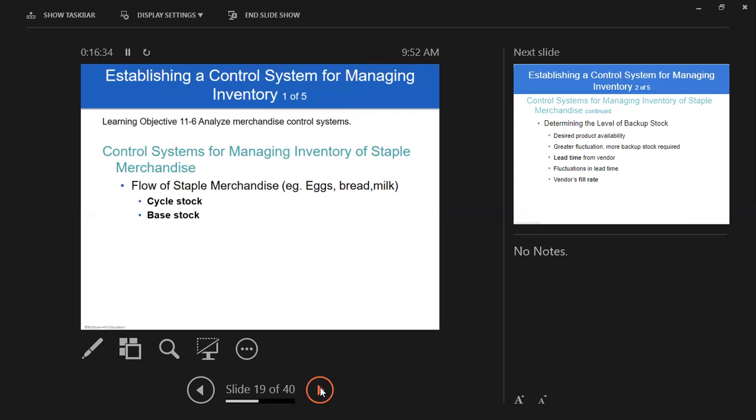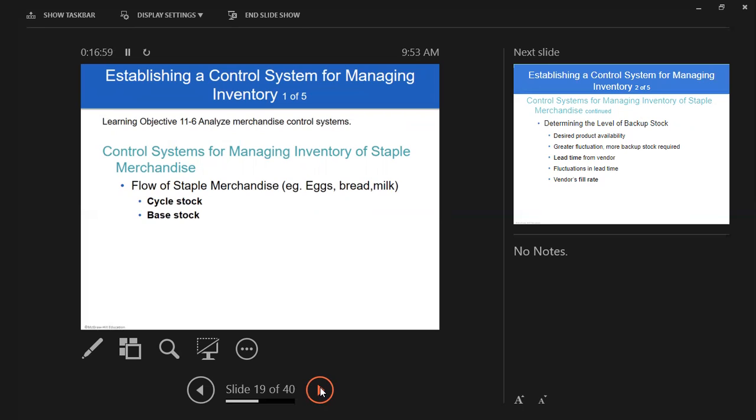So you have a cycle stock, which means that every month, a certain number of units, a minimum number of units of stock, will be available for that particular month. And base stock means the basic minimum that you need to have in the store, for example, like 100 units. So you have to make sure that you maintain the base stock that you have in your